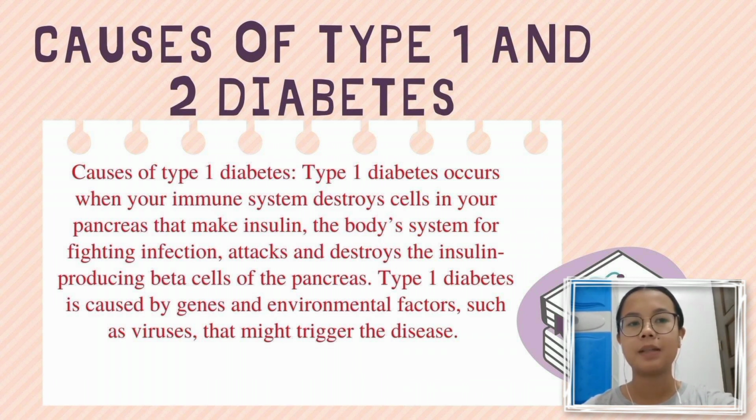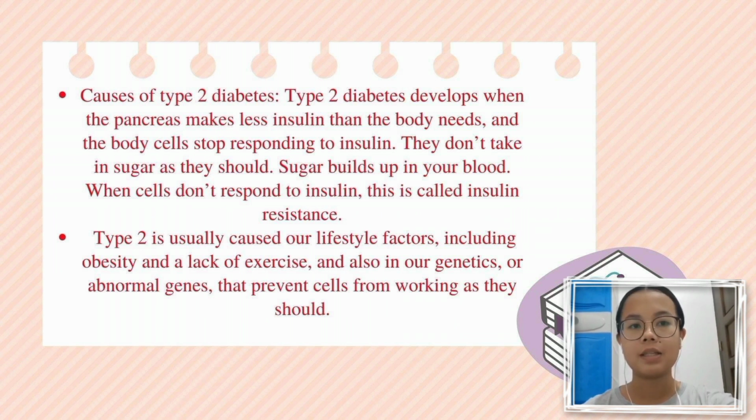Type 1 diabetes occurs when your immune system destroys cells in your pancreas that make insulin. The body's system for fighting infection attacks and destroys the insulin-producing beta cells of the pancreas. So type 1 diabetes is usually caused by genes and environmental factors, such as viruses that might trigger the disease. Type 2 diabetes develops when the pancreas makes less insulin than the body needs, and the